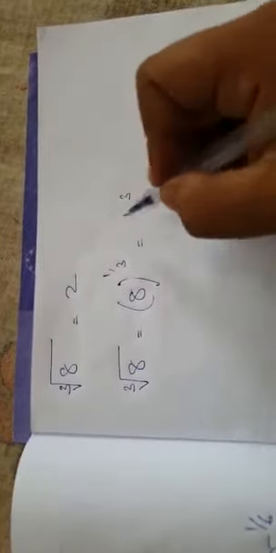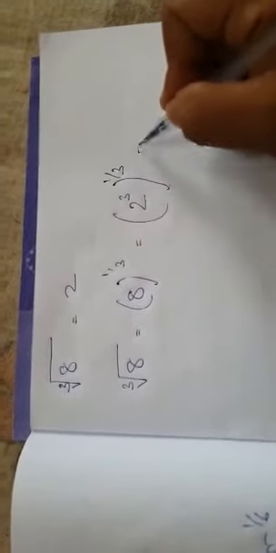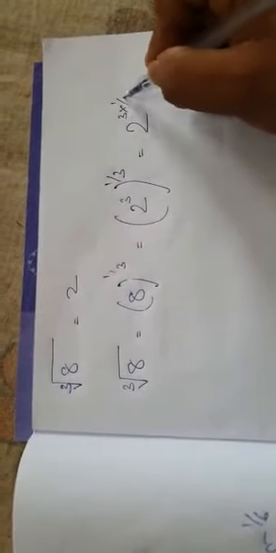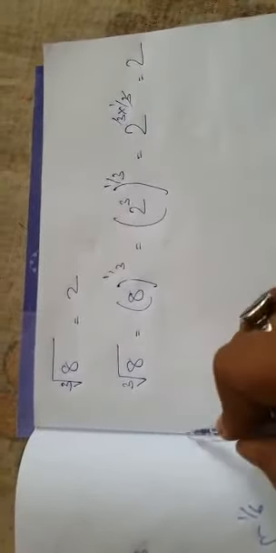Understood? I will give you another example so that you can understand. Suppose there is cube root of 8, then also 2 will come out. Why? Because cube root of 8 means 8 to the power 1 by 3, which actually means 2 cube, 2 into 2 into 2 is 8, so 2 to the power 3 to the power 1 by 3. So 3 into 1 by 3 gives you 2. So this also happens in the cube root chapter that you learned in class 8.